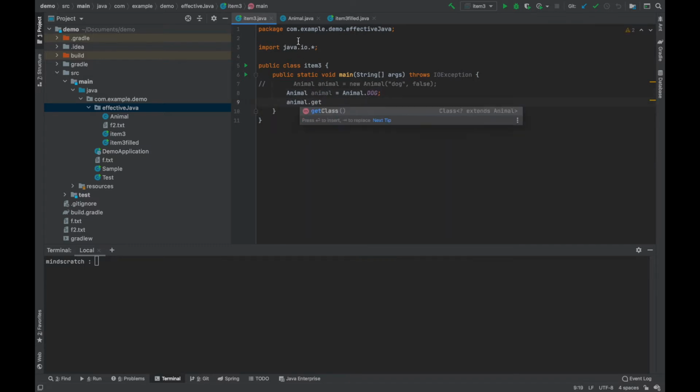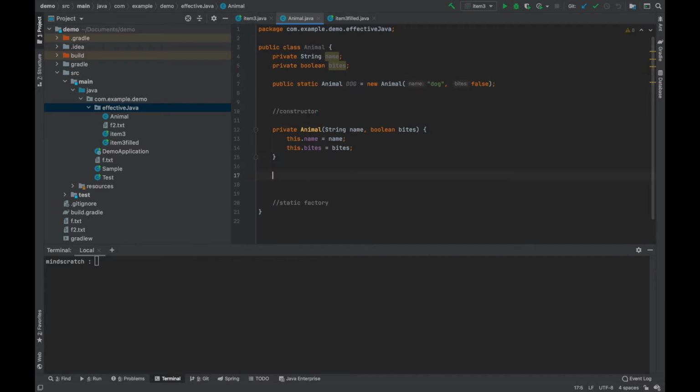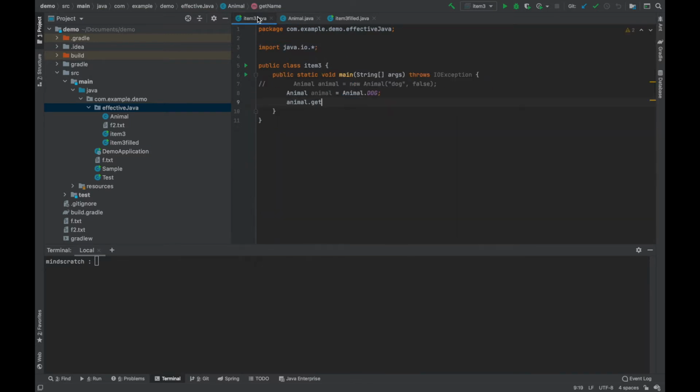As these values are private, we'll have to add getters. If I add getters, I'll be able to get the fields also: getName and isBytes.